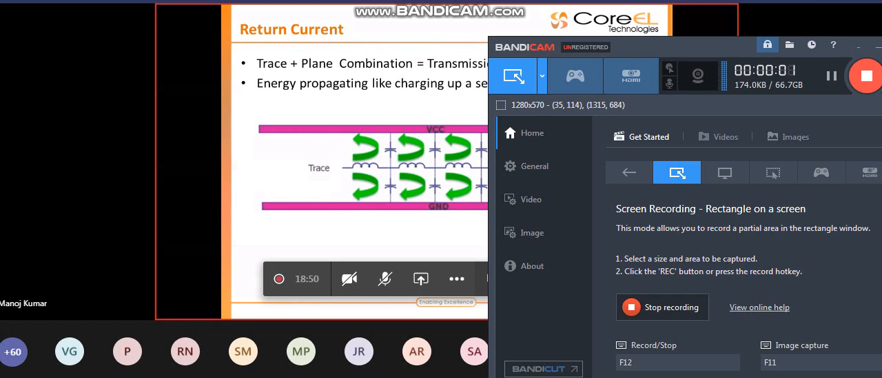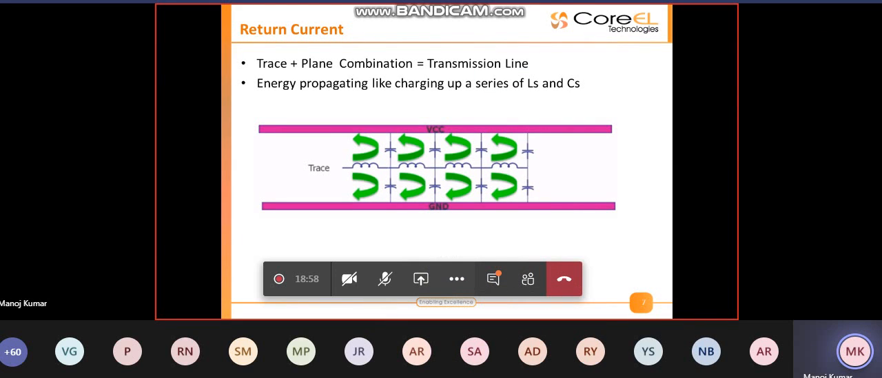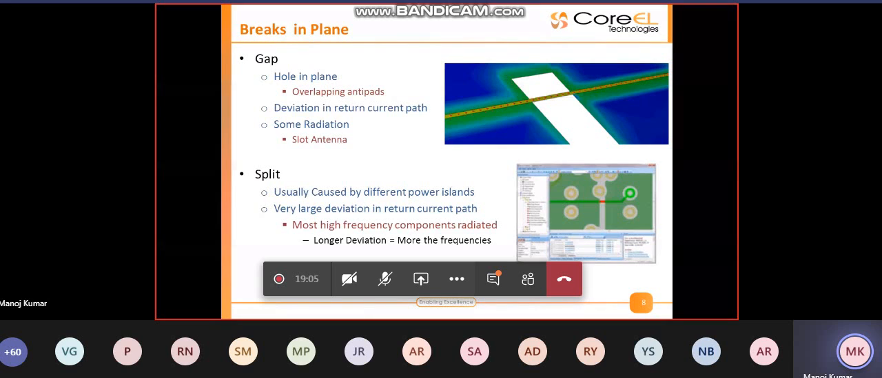plays a very important role in order to transfer signal from point A to point B. Okay, and they all transfer signals in the form of electromagnetic fields. Now, how do we have breaks in a plane? So, breaks in a plane can be due to antipads, okay, and it is also possible to have some voids which